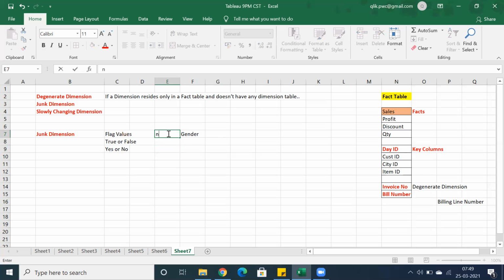Let's say I have a serial number and gender, so 1, 2, and I have another table, where the serial number is not a key column, just a number, a serial number, and we have marital status, whether they're married or not.